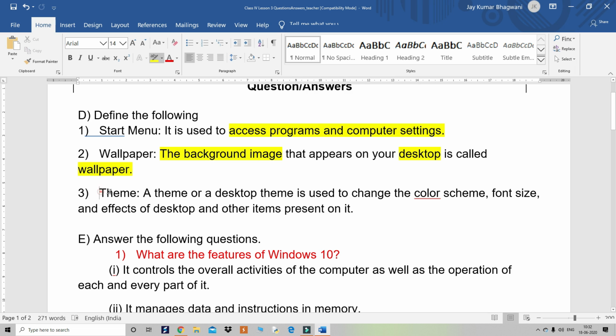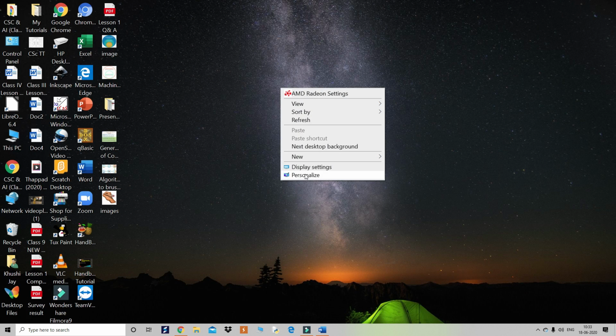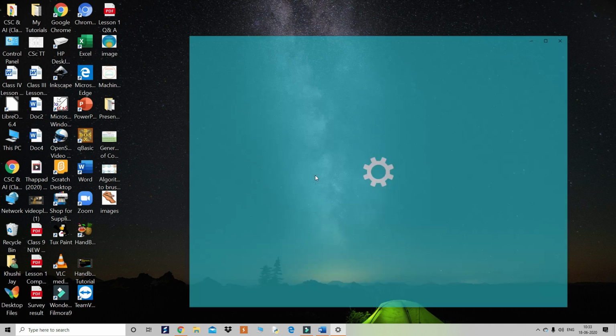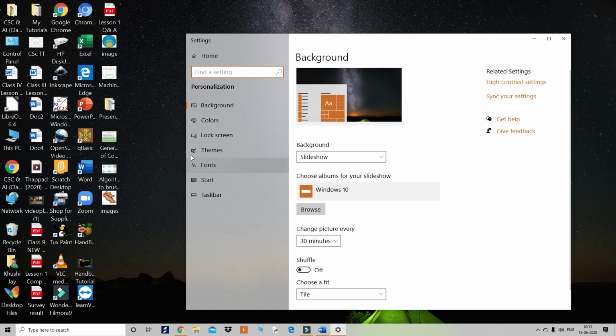Third one is theme. What is theme? A theme is a collection of background colors, font size, and different effects of the desktop and other items present on it. I can show you: when we right click on the desktop and go to the personalize option, then this option will come called themes.